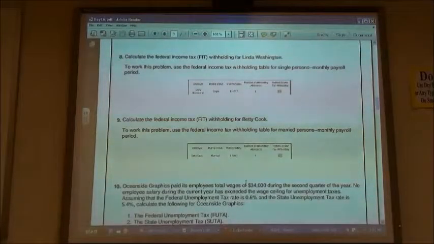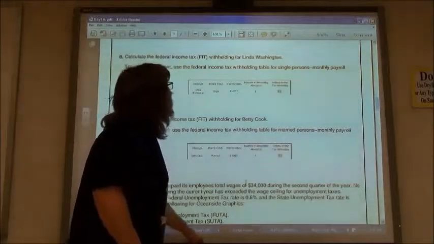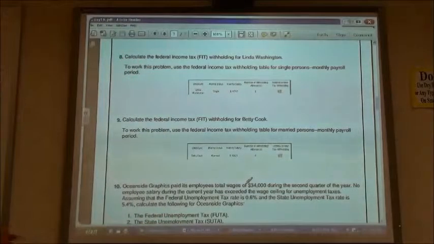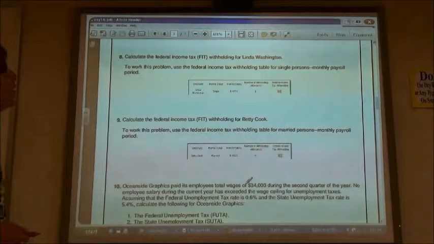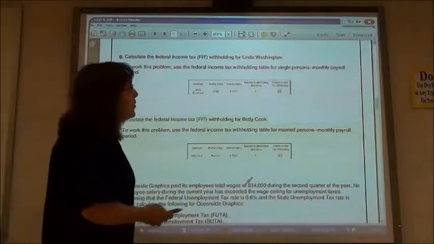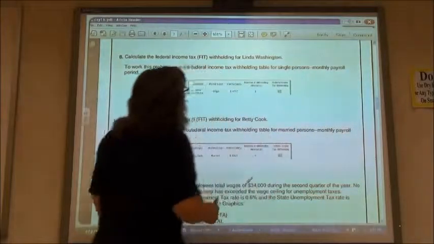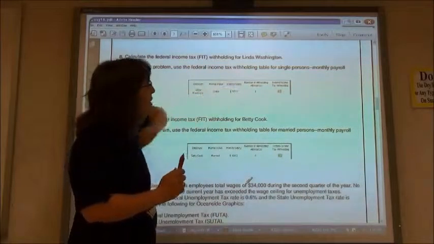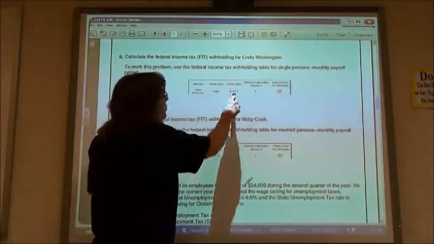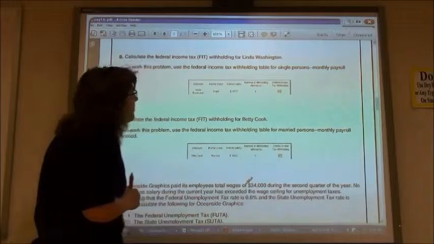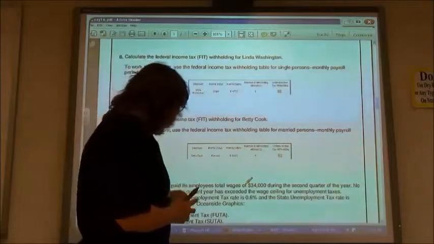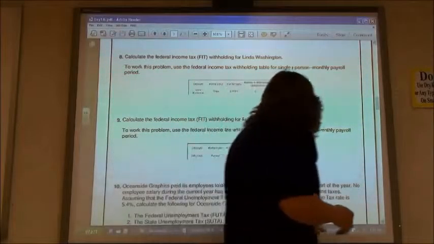So on number 8, again, we're calculating the federal income tax withholding for Linda Washington. To work this problem, we're using the federal income tax withholding table for single persons monthly payroll. So when we click on the link, it will bring up that table for us. Monthly salary $4,707, 1 withholding. So we want to make sure we look at the table under